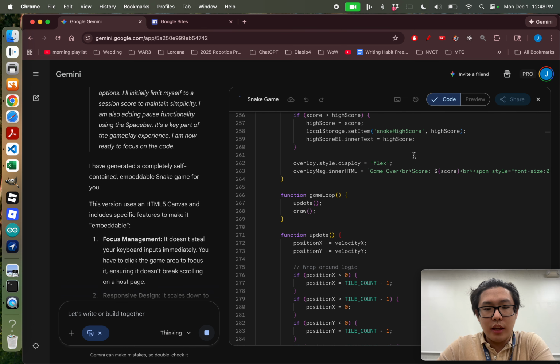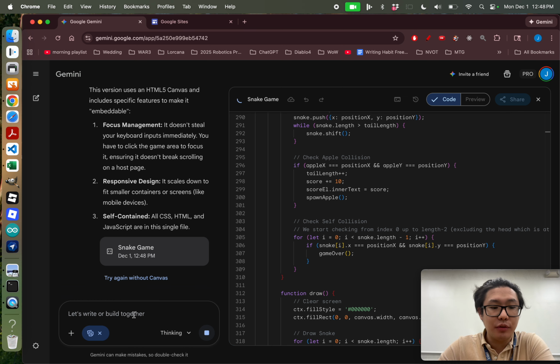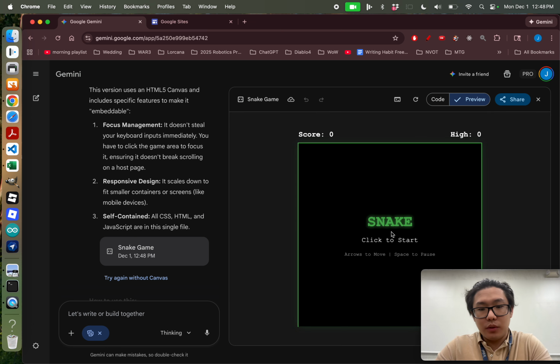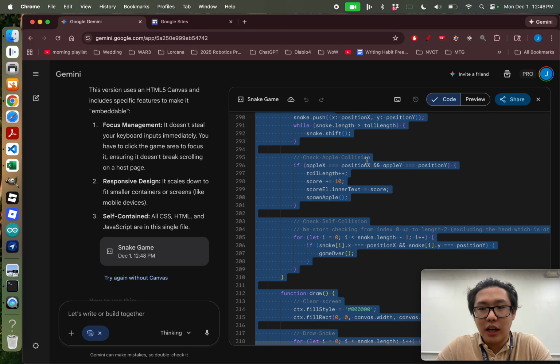So let's just wait for the game to finish. And if you want to alter the game, you don't need a code. You could just ask it to add additional features right here on the bottom left, and just keep asking it to modify it until you're happy with it. So we could see that the game of Snake seems to be going. So I think my face is covering the apple, but I know the code works,